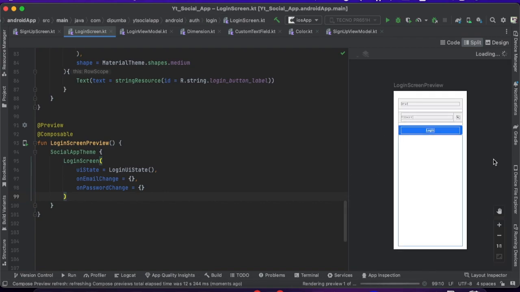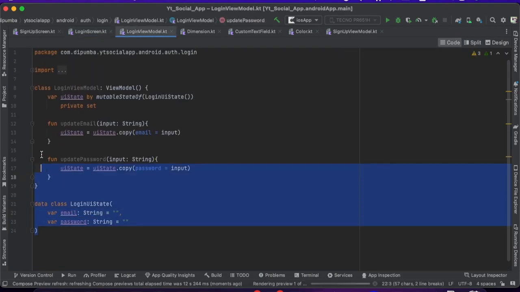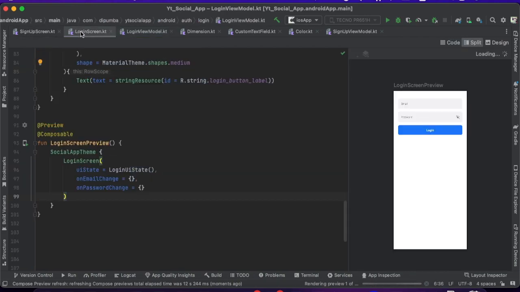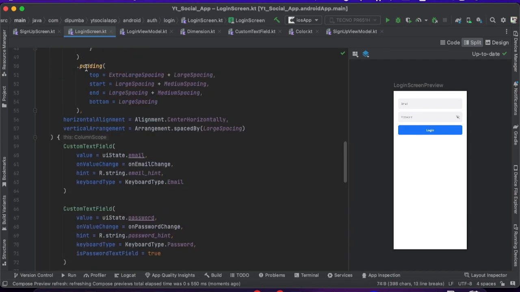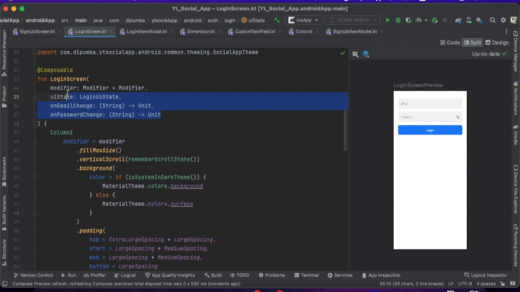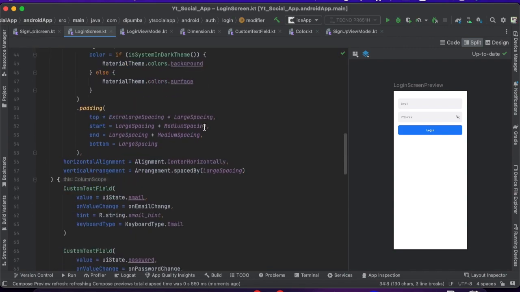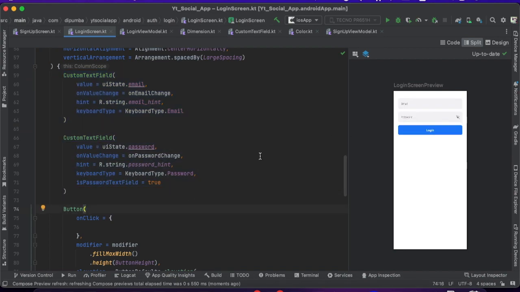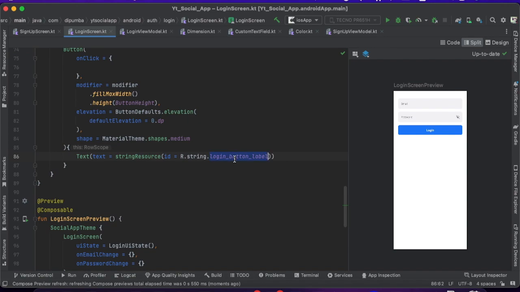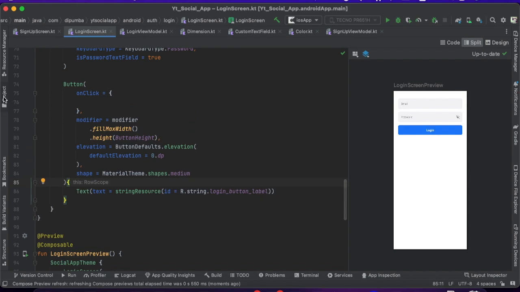Alright, so as you can see, the login page is done. I just created a login view model the same way we created a SignUp view model, and the login screen also has the same structure as the SignUp screen. It just doesn't have the username text field, and I also changed the button label to login instead of create account. Now the next step is to create,